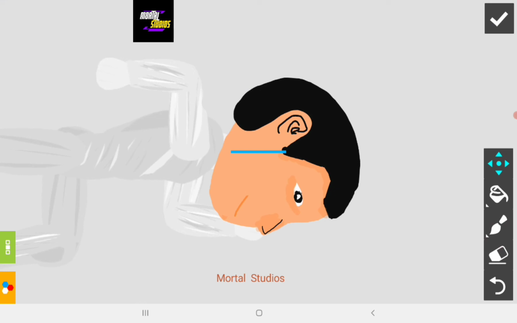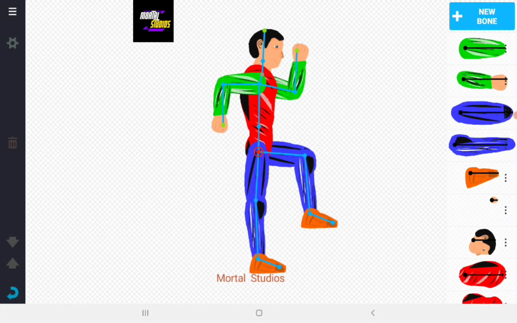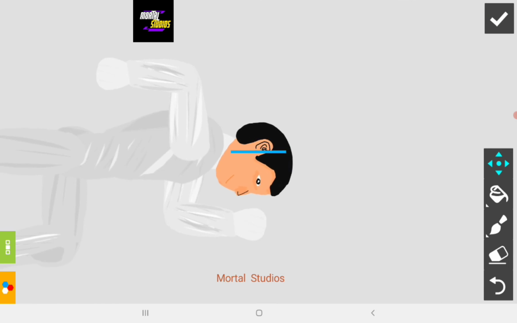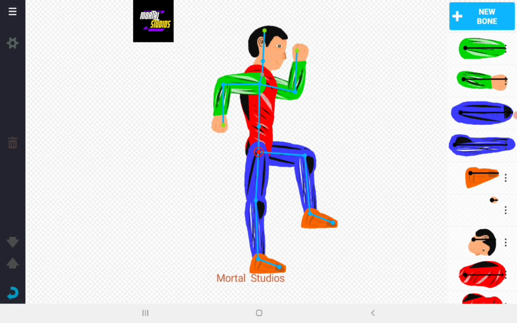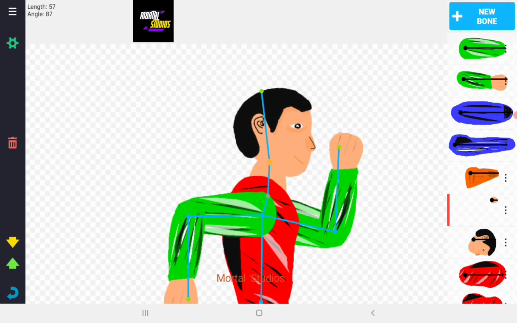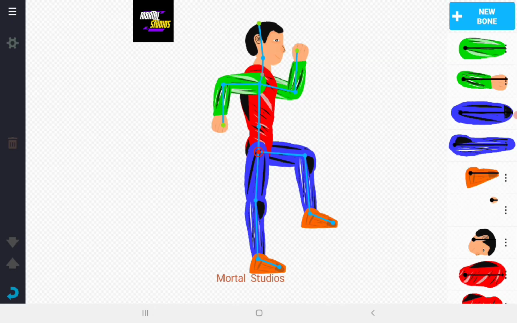Click on that alignment tool and align the head as per the body. Aligned is okay. Okay, this is a small head, a little bigger. We'll make it okay. Yeah, now it's okay here. You can see. We'll just align the head. Yeah, now it's good. Here we just need to click on this neck here.